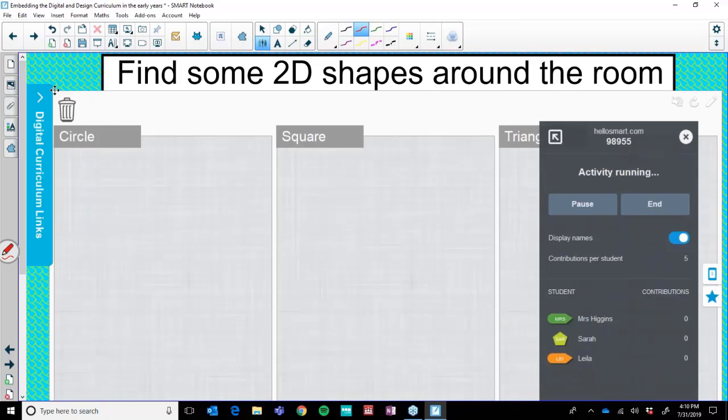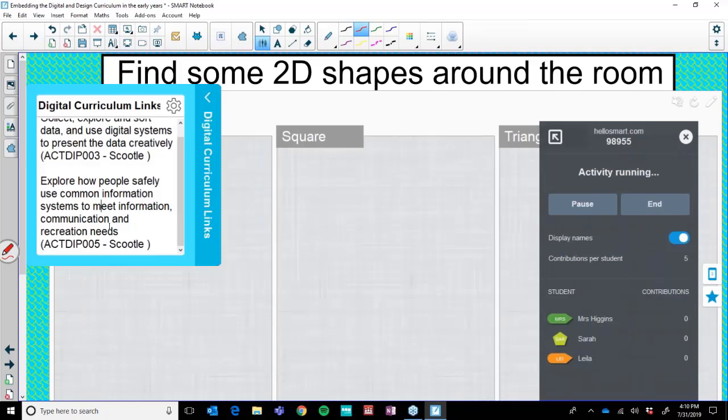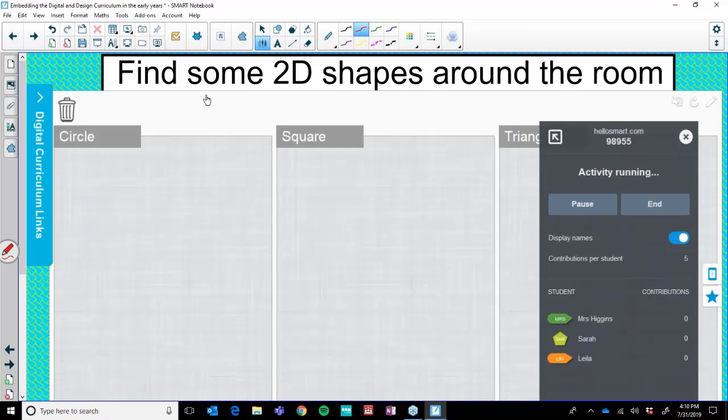Another one of our digital curriculums. And in my presentation today, you'll find a little widget that has digital curriculum links on some of the activities. So we talked about how to walk around safely with our iPads, how to use our iPads safely, and so on and so forth. And off they went around looking for a 2D shape hunt around the school. And when we got back, we had all of our students who had their collection, their captured data.